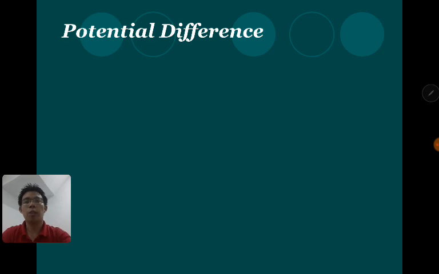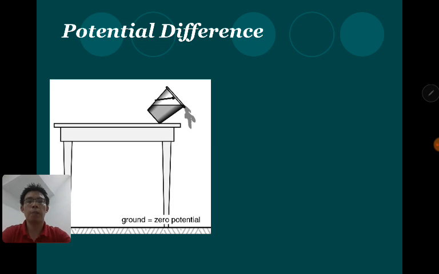So potential difference, what's the idea here? Let's look at this picture where we are talking about gravitational potential energy. If we take the ground as zero potential, and then somewhere higher on the table there's a non-zero potential value. Let's say we have 10 as the potential at the surface of the table, then we minus the 0, so 10 minus 0, that's actually the potential difference